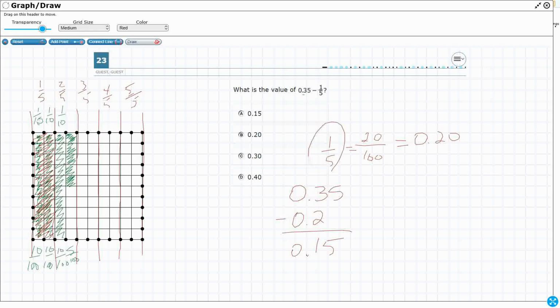So here's this conversion we needed to make. We needed to turn the 1/5 into tenths or hundredths and then subtract. So our answer here is